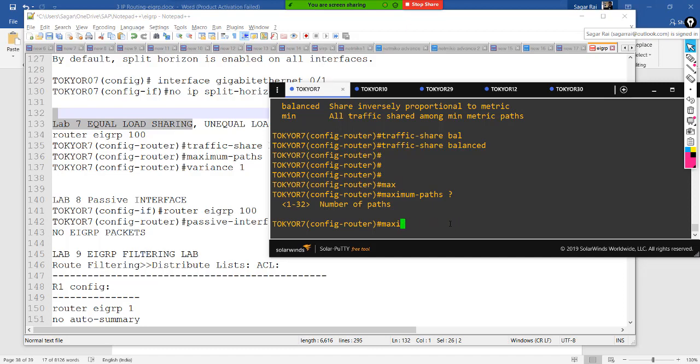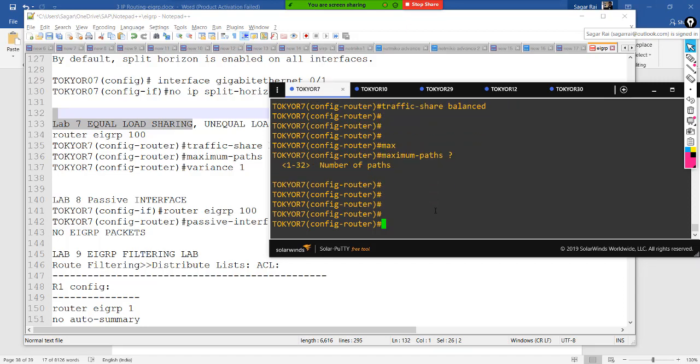It's not going to violate the properties. It's something which can be manipulated. So this is how we change the equal load sharing, or we enable the options in case of equal load sharing. By default it is 4, but we can make it up to 32. Fine. Now regarding the unequal load sharing,